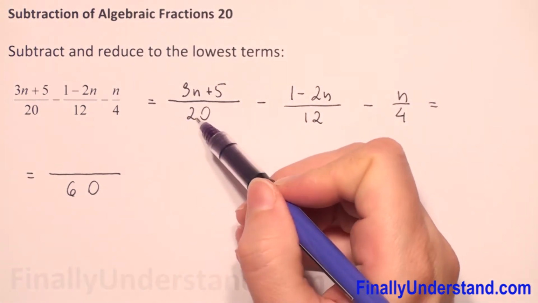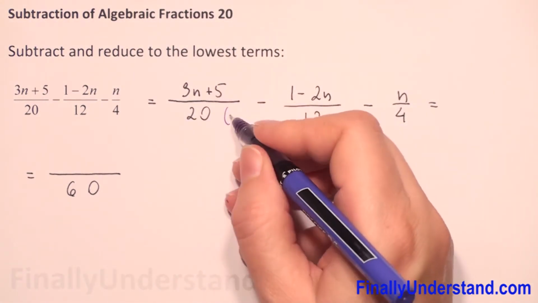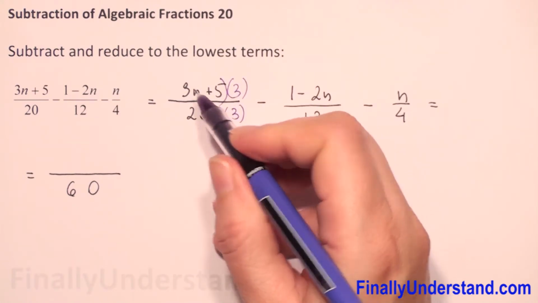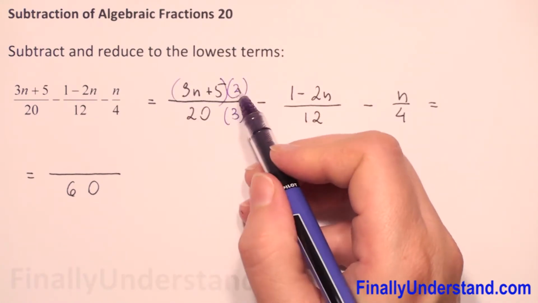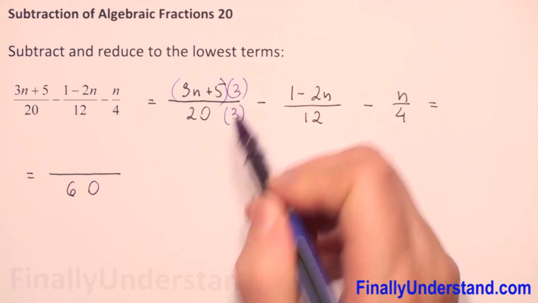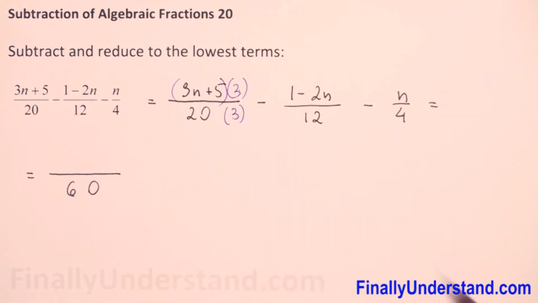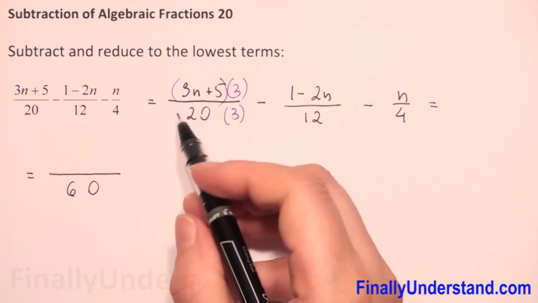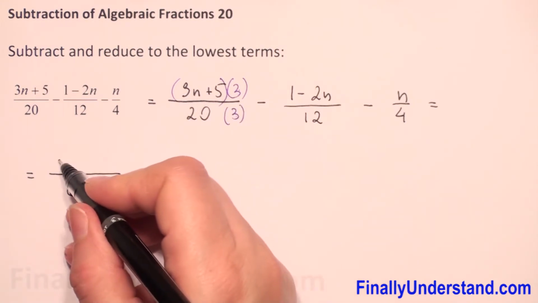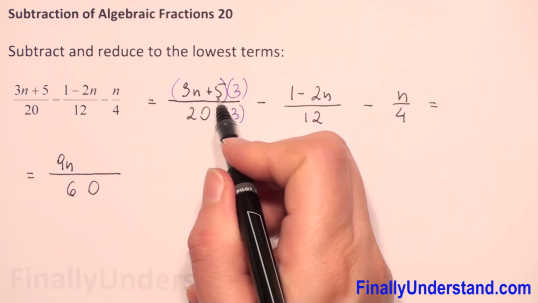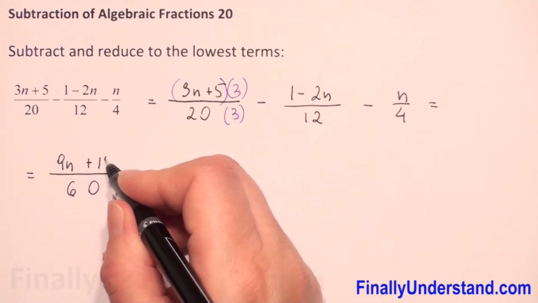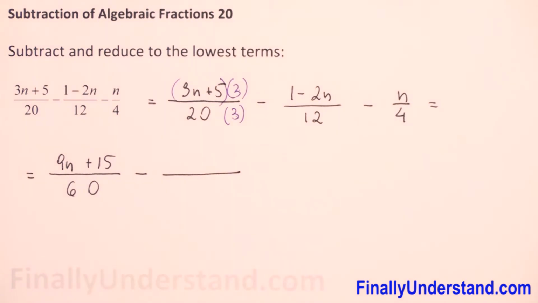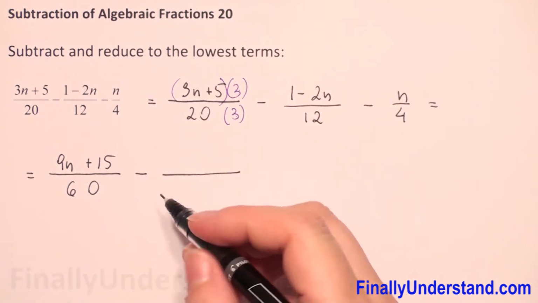We have only 20, so we need to multiply this 20 by 3. So the same I have to do with the numerator. When I multiply the denominator, I have to multiply the numerator by the same number. So now we will have (3n plus 5) times 3. So 3n times 3 is 9n, and 5 times 3 is 15, minus,